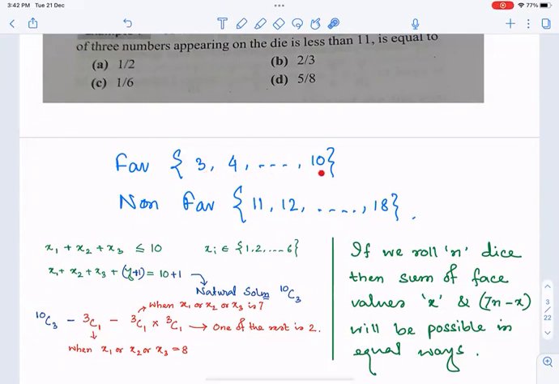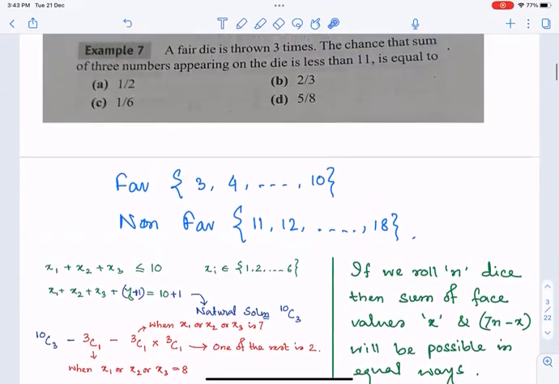Similarly, over here, whatever we are considering in terms of increment in this particular form, we can think of from 18 as a decrement in equivalent way. So 3 to 10 will have a unique correspondence in the reverse order, like 10 holds the correspondence with 11, 9 with 12, and so on, 4 with 17, 3 with 18. So our favorable sum values, if it is possible in X ways, non-favorable values are also possible in X ways. So required probability, X divided by 2X, that's half. Is that okay?